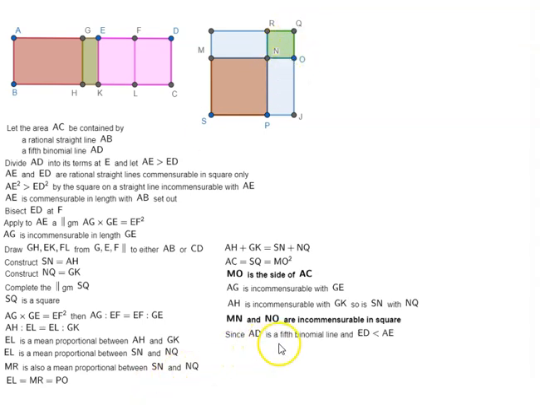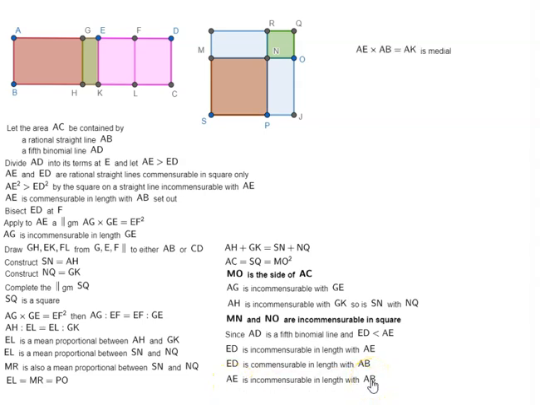Now, since AD is a fifth binomial line and ED is less than AE, ED is incommensurable with AE. ED is commensurable in length with AB. That means AE is incommensurable in length with AB. That means the area contained by them, AE by AB, is medial. AK is the area contained by AE and AB. So AK is medial, which means MN square plus NO square is medial,